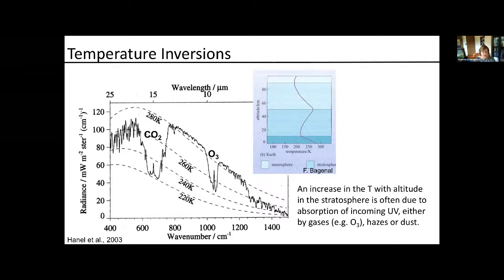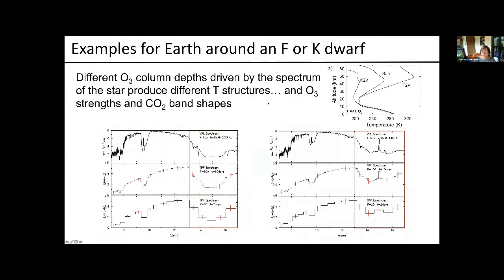It gives us a handle on the temperature pressure profile, and also tells us whether or not we have a UV absorber that's causing that temperature inversion. In this particular case, the UV absorber is sitting right there, which is ozone, but it acts as kind of a secondary confirmation of that. So here's some examples, and in fact, I did not put credits on this, and I'm sorry I missed that one, but this is Antigona Segura's work over here, Segura 2005, looking at the sort of ozone that we expect to build up